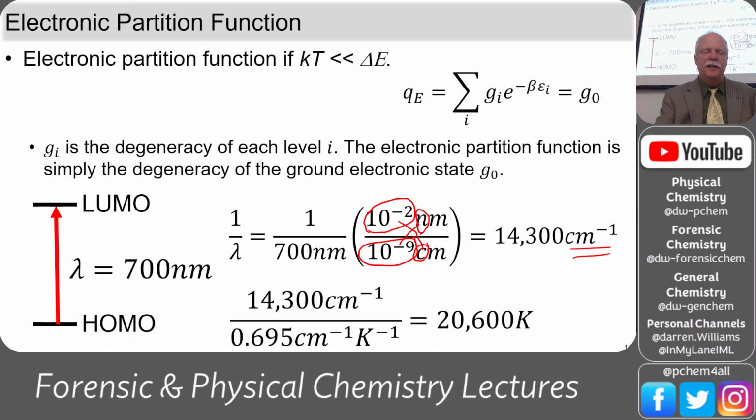We can convert that to temperature by dividing by Boltzmann's constant over hc, and we see that this electronic energy difference is around 20,600 Kelvin. So we would need that kind of temperature to excite a molecule that had a color to it, a visible spectrum that wasn't clear. And we're not going to have a molecule that survives that. Okay. In fact, if you're doing analytical chemistry,